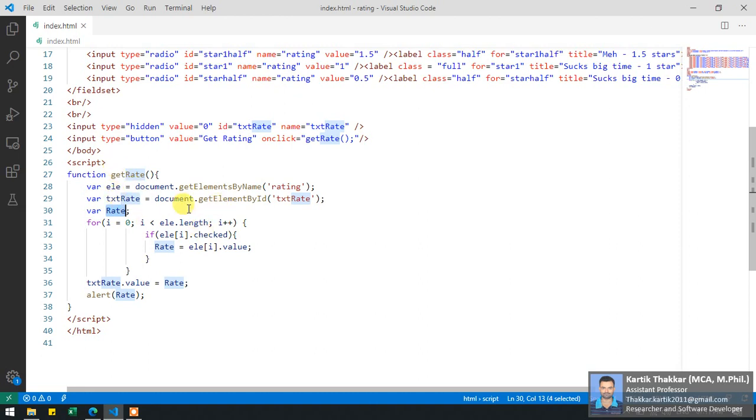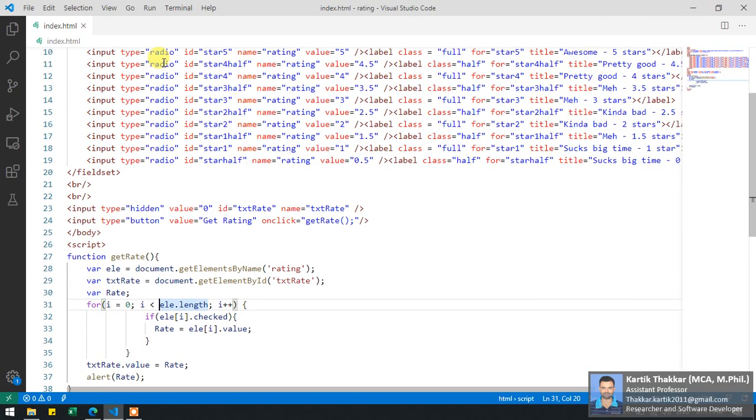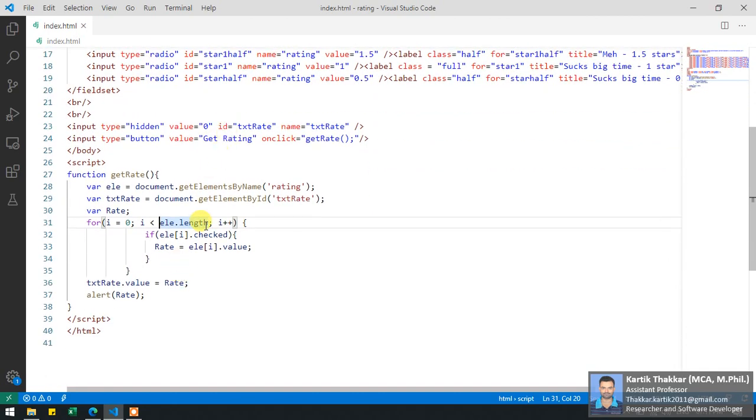Okay, then this for loop is implemented for all the elements of rating taken by this line in ele. Okay, so for i is equal to 0, i is less than ele.length, that is of course 10 radio buttons, that I am using 10 buttons right now, i plus plus, and I am just checking that if ele[i] is checked, then rate is equal to ele[i].value.